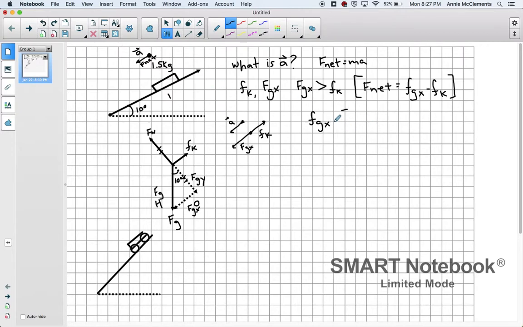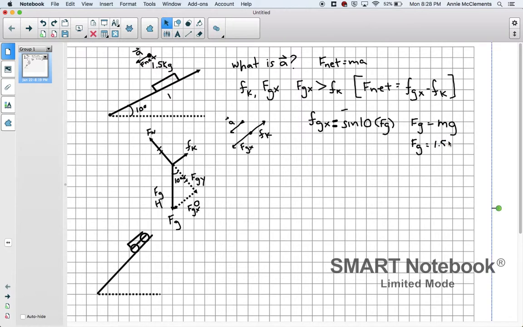Let's try this again. FGX is going to equal the sine of 10, the opposite side, times FG, the weight of the thing. And we can calculate FG using mass times 9.8, or little g. And the mass was given, it's a 1.5